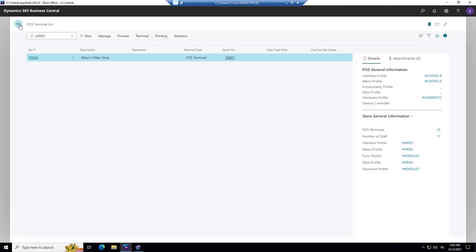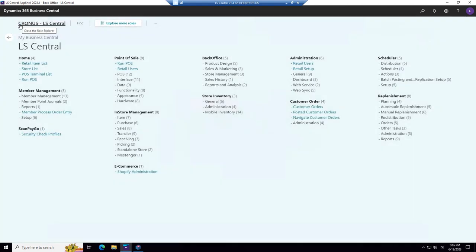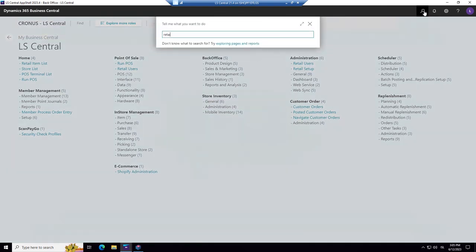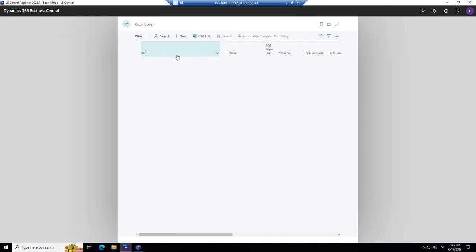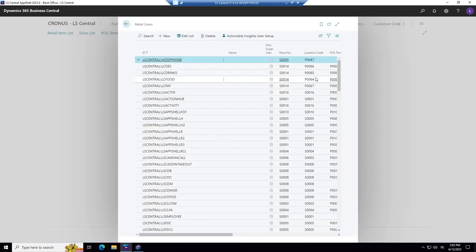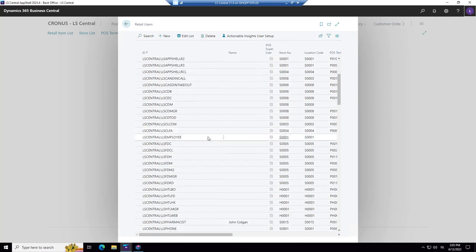Next, how do we open the system for this terminal? What you can do now is go into retail users. This is maybe a little bit tricky, but when you see it, you should know how it works. Who are you? In the right corner, you see who you are. You are LS Central Super. Let's find that one.